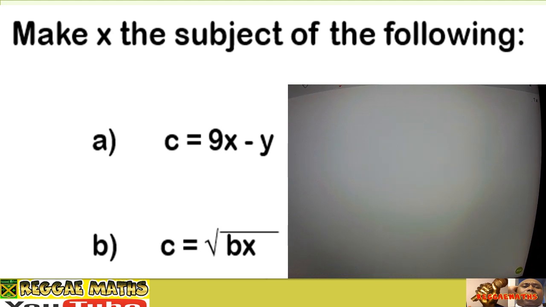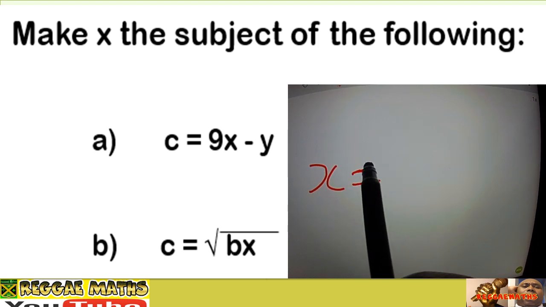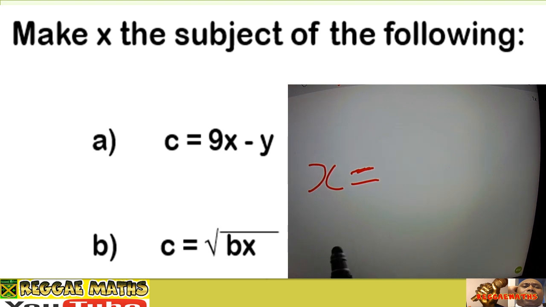Okay, make x the subject of the formula. This one most students find a bit tricky, like Ricky. So guess what now? Let's just look at this. In this case you can see that c is the subject. It's c equals. So what we're looking for, make x the subject of the formula. We're looking to have x equals. That's the key thing. X equals for both. That's the subject of the formula. We're looking to make sure x equals. So if we look at the first question,